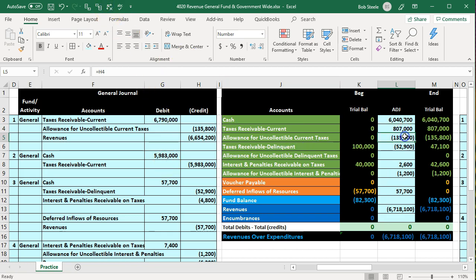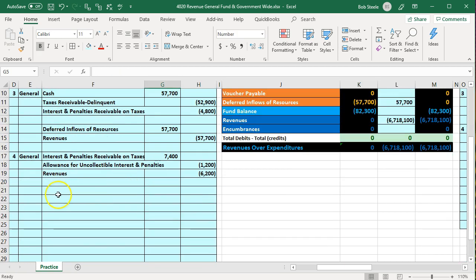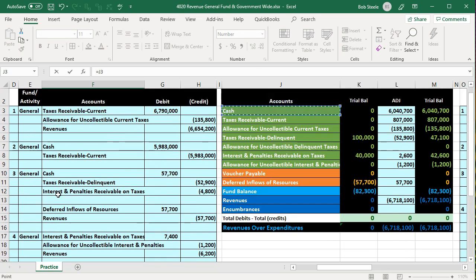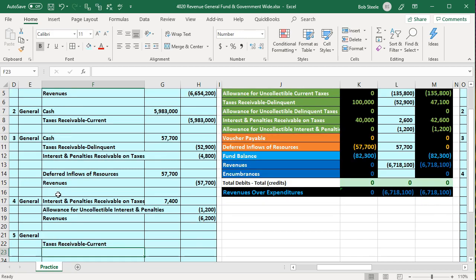We're going to put all the T accounts basically here so we can see it all happening and all these accounts actually balancing out. So let's do that. We're going to go down below and say that we need to reduce the receivable. I'm going to say 5 general fund. I'm going to put the current receivable on the bottom, and that's going to be this amount, 807,000. Credit